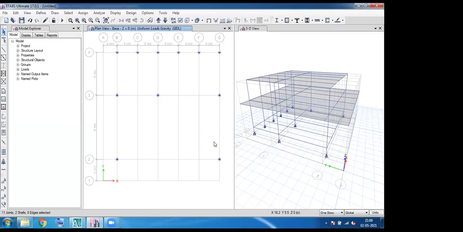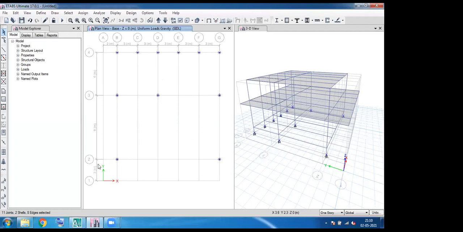Or otherwise, you may ask, sir, if the column and beam are connected to each other, it means a fixed support. Then what will be the beam to beam connection? Okay, when the main beam and the secondary beam connect at a point, then it will be called a simply supported or a hinged support. Okay, we will discuss in detail why we call this fixed and this simply supported in our future session.